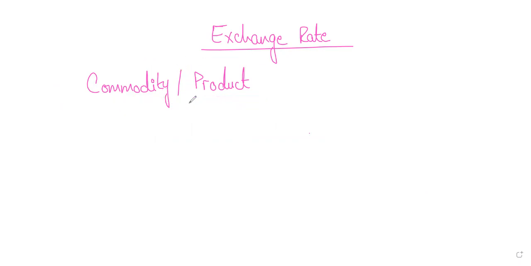So just like any other product or commodity, there is demand for that currency and then there's supply for that currency. Now, who determines the demand for the good and who determines the supply for the good? That is very important. Now, I want you to pay close attention because after this lecture, you will be absolutely clear on how exchange rates are determined, right? Now think about this. In the entire world,